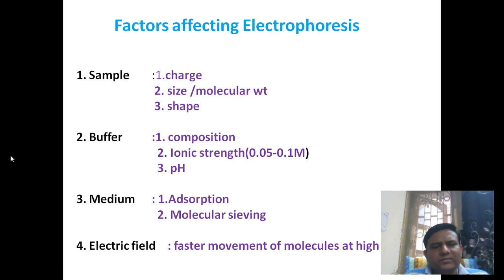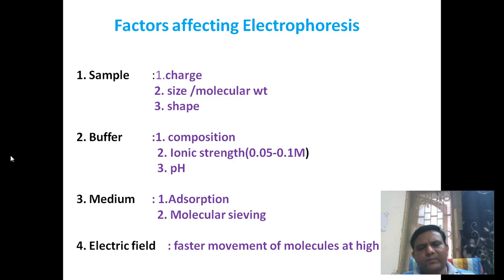There is a second point, the molecular sieving. Already I explained, whenever we increase the concentration of any gelling agent, it may be the agarose or the polyacrylamide gel, when the concentration is increased, the porosity will decrease, and through the small minute pores your molecule wants to migrate toward the opposite electrode, during that time your medium shows high frictional force, and due to that the speed of that molecule slows down, or your molecule migrates with a low speed.